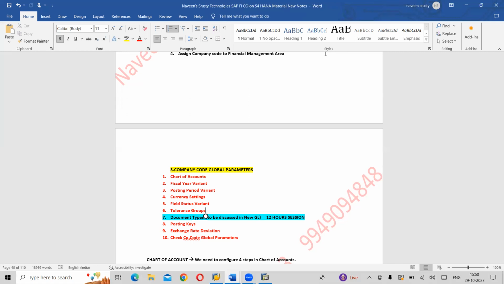One more thing: first of all, don't depend on this particular material. Try to put your own notes, as I said earlier also. That plays a vital role in our SAP environment. You should prepare your own notes. Whatever you understood, put it on paper. Is this clear? Give less priority to the recording, and less priority to whatever material I am preparing.